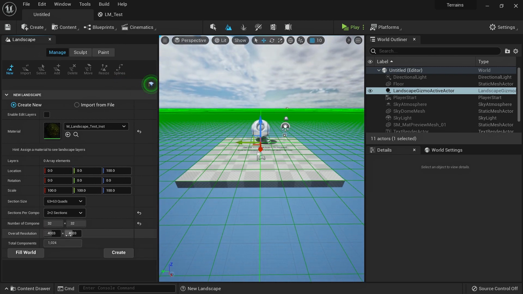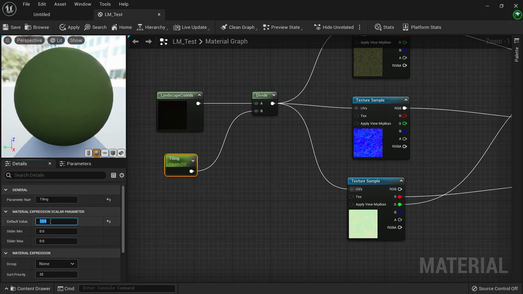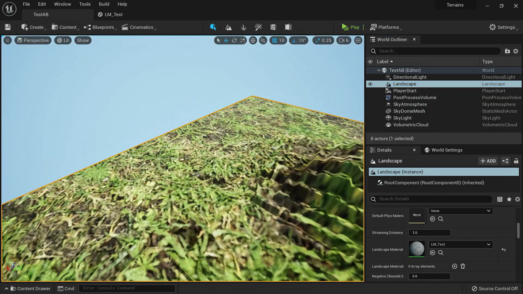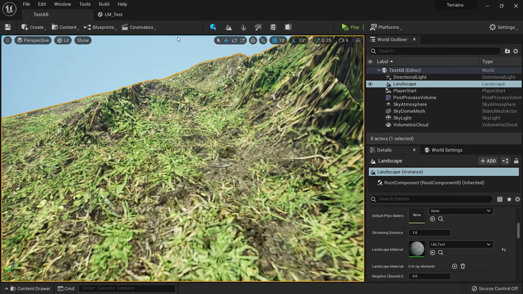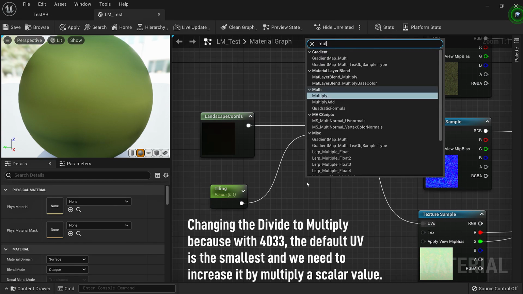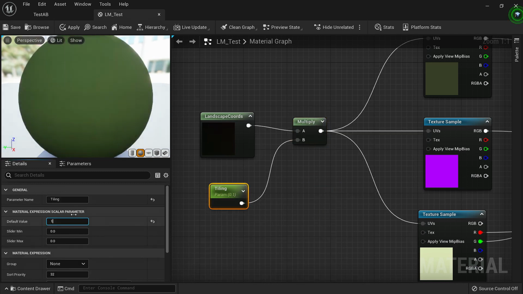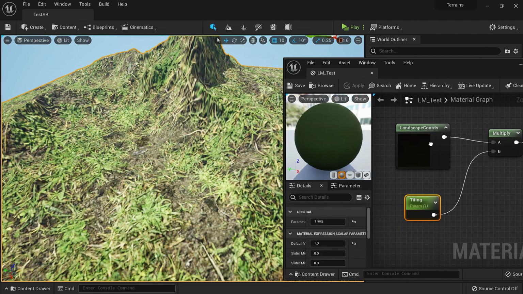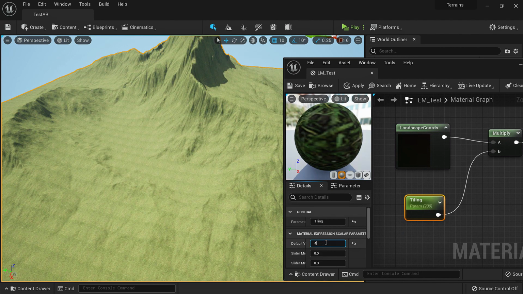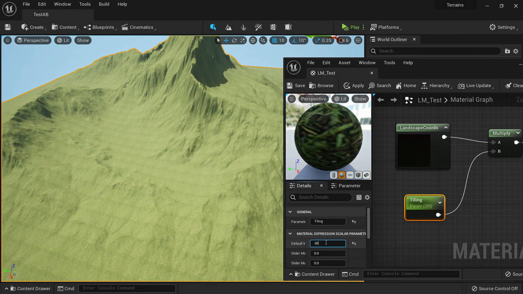We will remember this value and put it in the mapping scale of our landscape coordinate, which will apply the texture on our whole terrain without any tiling. So if we take a look at what the landscape looks like, this is our landscape, and the texture that we applied is applied on this exactly one time. If we imagine this as the default scale, then tiling 1 is the smallest value of our textures, and if we increase it, we'll get more and more texture repeating. The higher I go, the more the texture will be repeating.